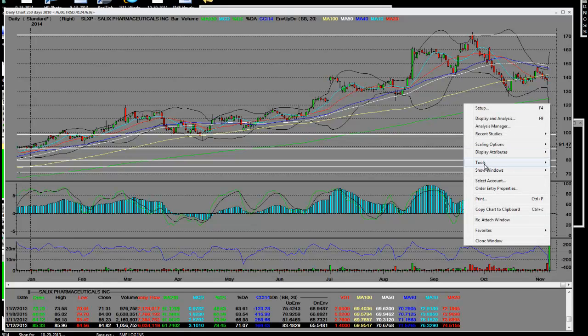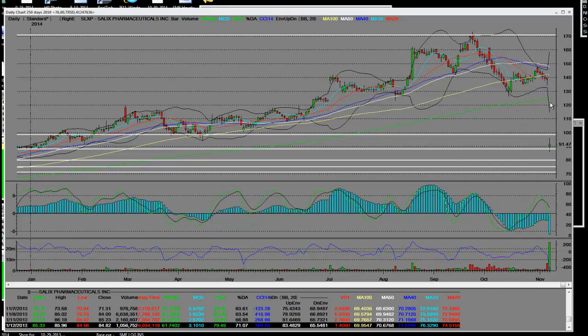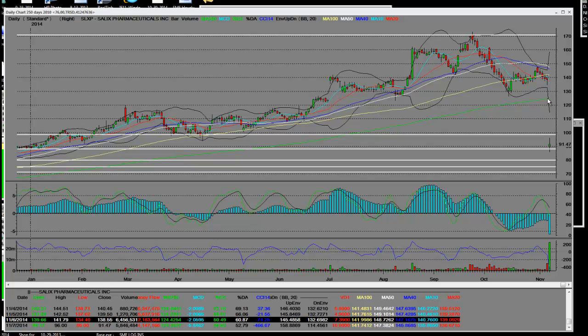Plus, if you divide it, we're going to get it right here. That 200-day moving average at 124. So everything is broke in this stock. And it's going to be extremely easy to make trades off of the bottom and then short back up on the top. So once again, I'm going to conclude this live video, and we're going to be on this one